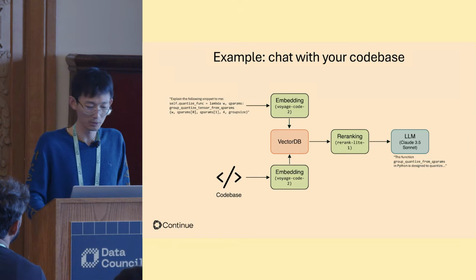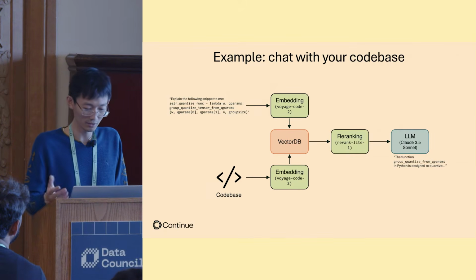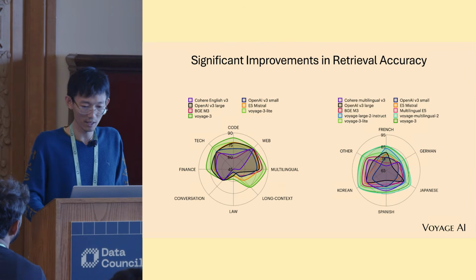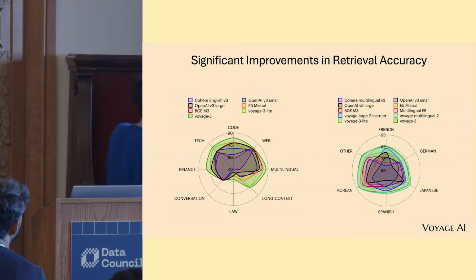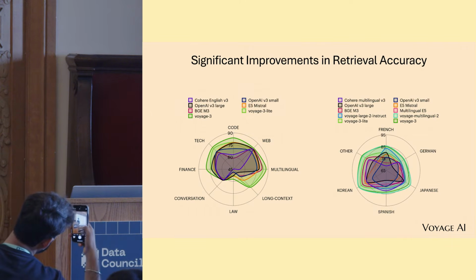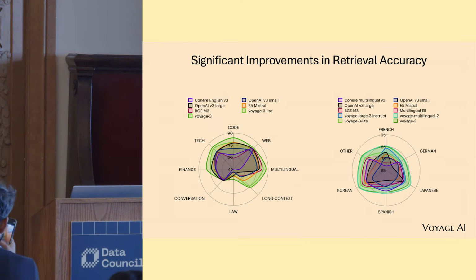We have many successful cases, for example Continue, who are one of our users. And there are significant improvements in the accuracy of the embedding models. This is what Voyage has done in the last 2 years. We can see that probably 2 years ago, on some of the tasks, the accuracy was on the order of maybe 50%, and now it has improved to 70%. And sometimes before it was 75%, and we improved it to 85, 90%.